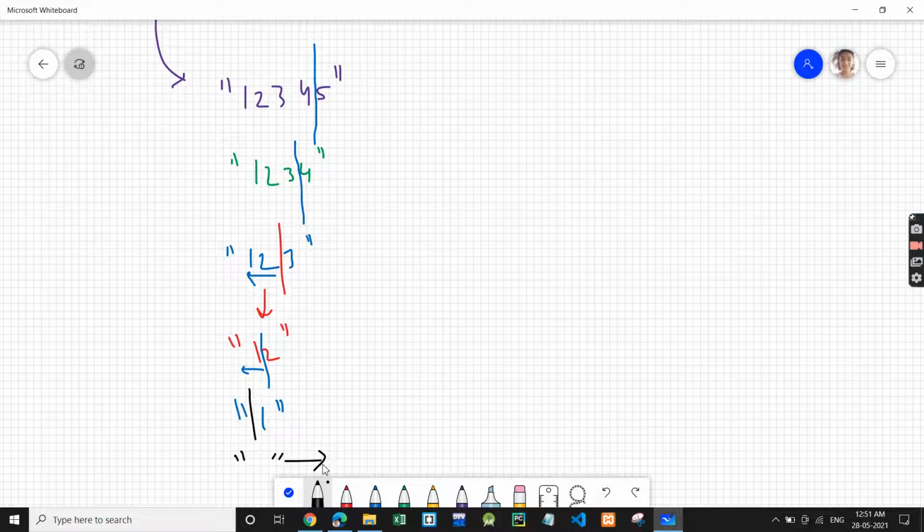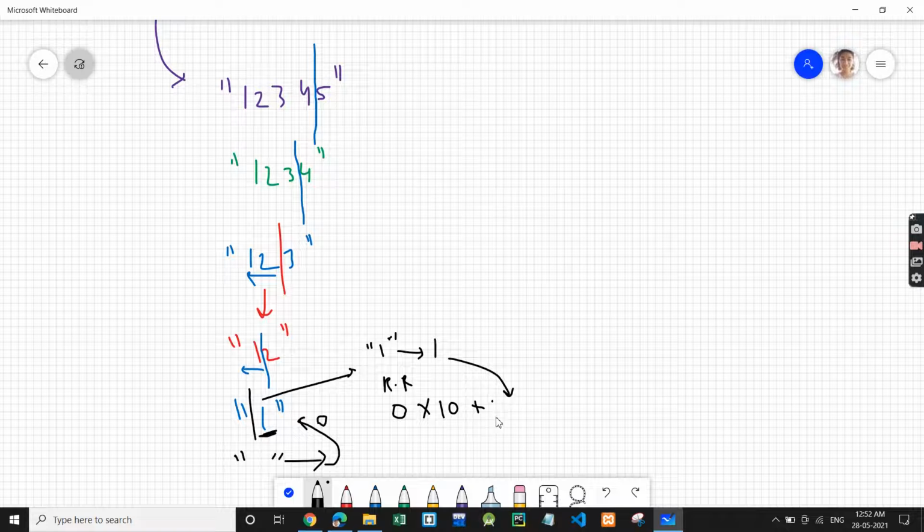So when we get empty, right, we will return 0. So now the recursion result will be multiplied by 10, right? This is the recursion result, multiplied by 10 plus this leftover part, this last index. This is a small work. The last index will be converted to integer, like it was initially string, right? It will be converted to integer and this will be added. So this is a small work. So 0 into 10 will be 0, 0 plus 1, 1. So 1 will be returned.